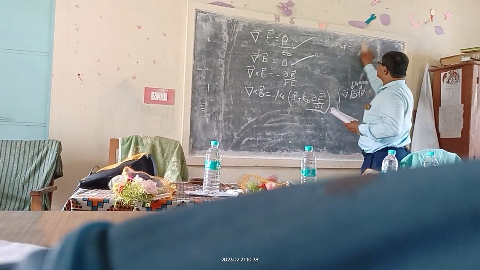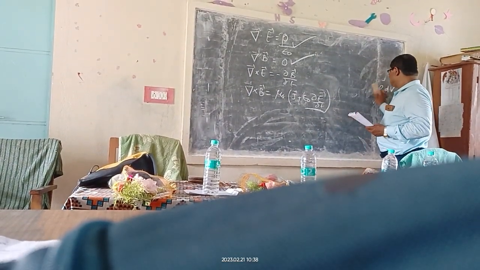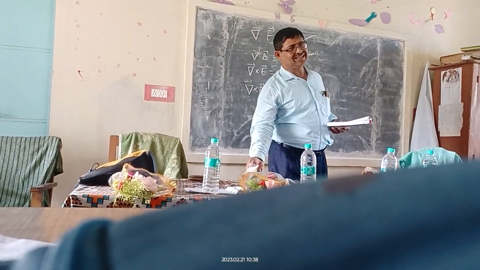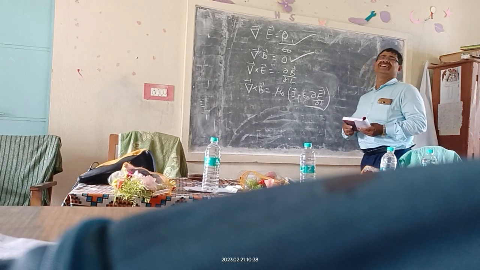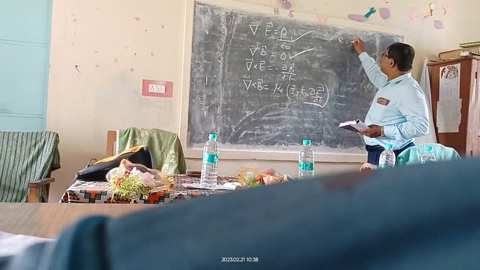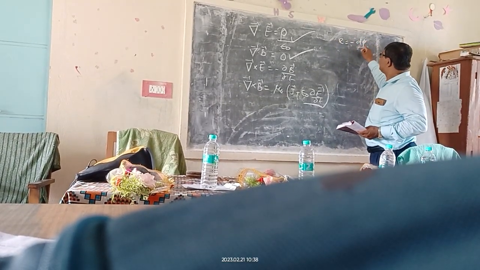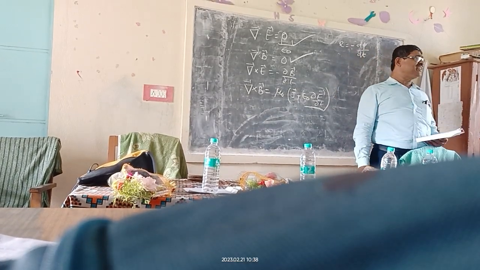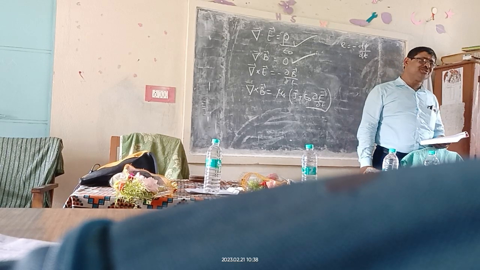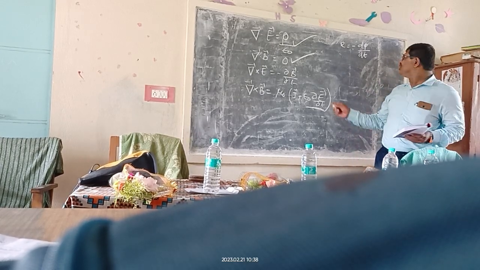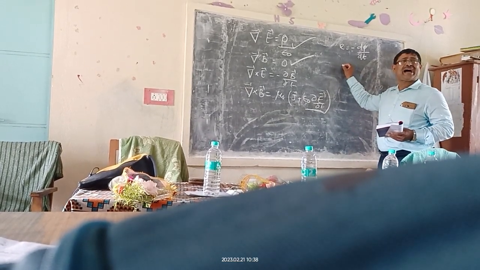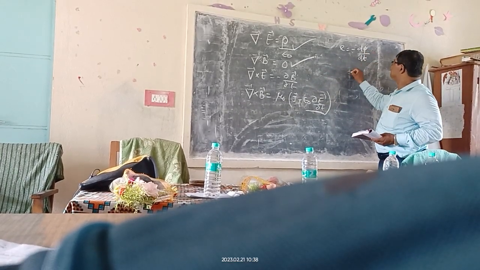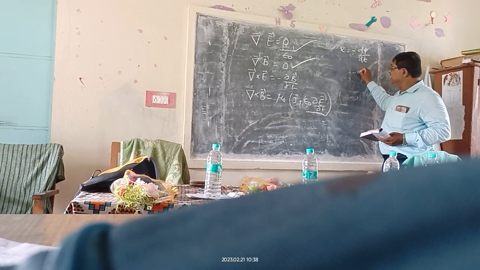I could take all the abstract figure from the concept of Faraday's law of electromagnetic induction. E is equal to minus d phi by dt, where E is the induced EMF. In the previous equation, phi is equal to the integration of B dot ds. So this can be written as minus d by dt